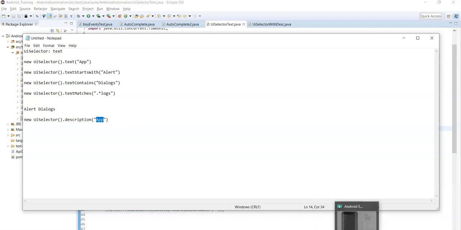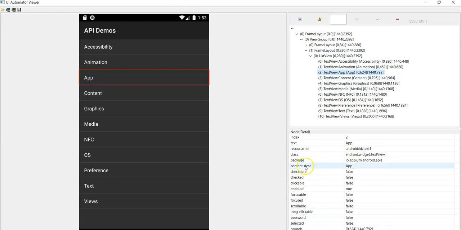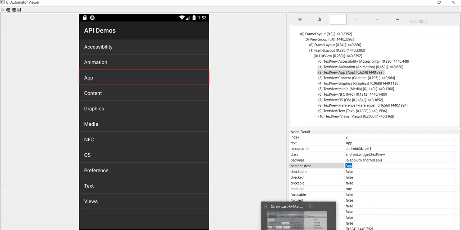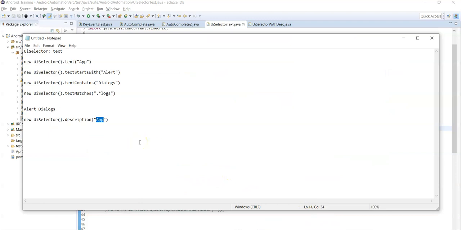Let's see what is the content desc value for this app name. The content desc value is App, right? So the text attribute value and content desc value are the same, so you can use this App to identify the element. Same as the text method in the previous example, we can pass the content desc value.